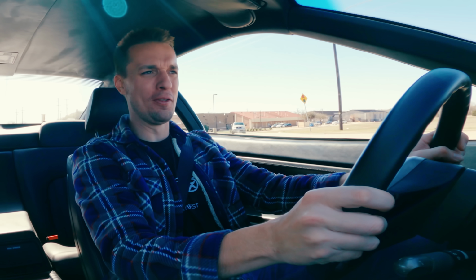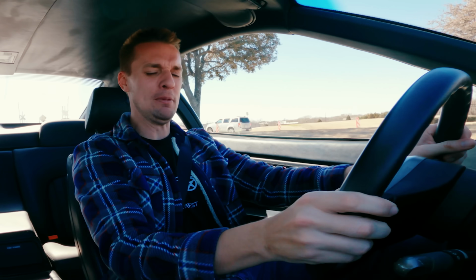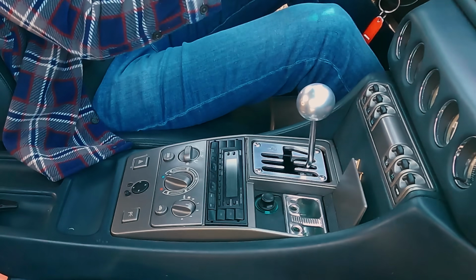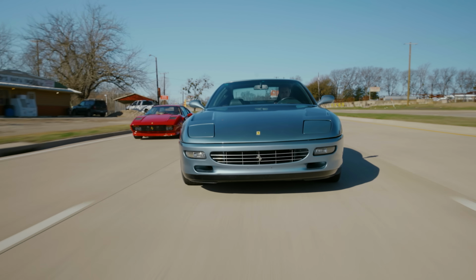Oh yeah, buying this 456 GT was such a great decision. And the reason why I went to all the trouble and the expense and months wait to get this thing from Dubai is because of this. The gated shifter, 436 horsepower V12, 6-speed gated manual transmission, and a comfortable 4-seat grand touring car that you can